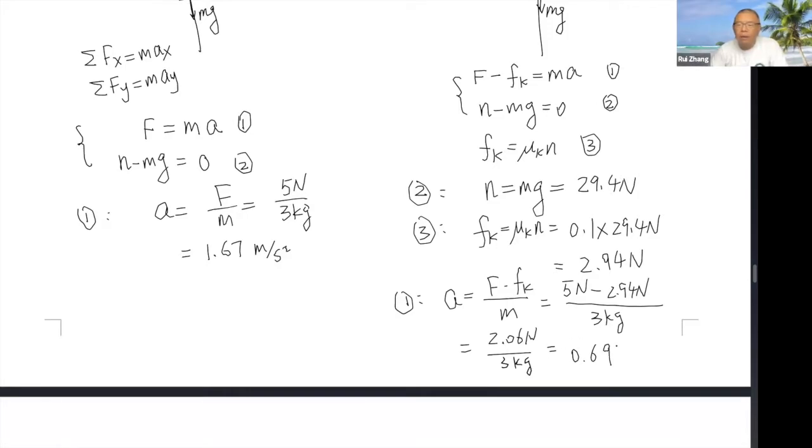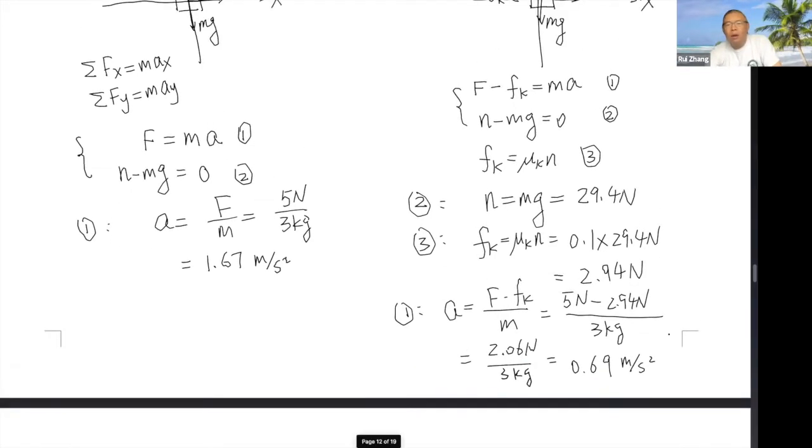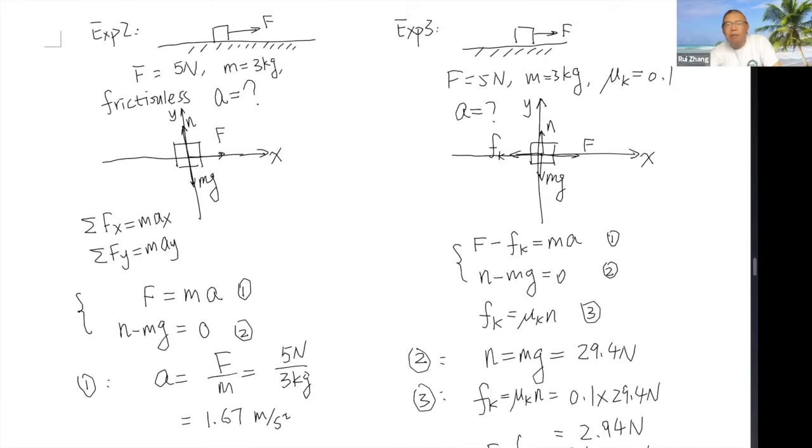Newton divided by kilogram, so it's a meter per second squared. Okay, so that's the answer for this one. Again, as you can tell, it's a little more complicated than the previous one in the sense we